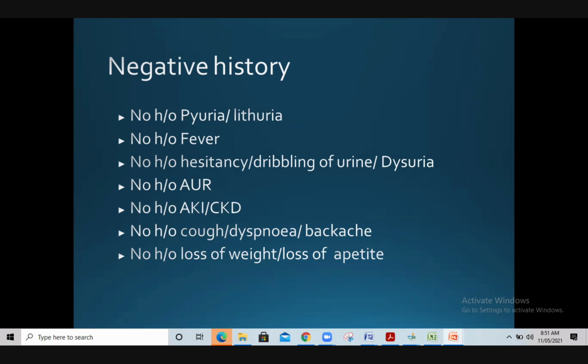You want to get some more details about this operation? Yes, sir. I want details about both the operations. What is the indication for the orchidectomy? Patient has no records available with them. Orchidectomy was done first. So what do you think would be the reason for orchidectomy? 15 years back, he would now be 85. Around the age of 70, he had this orchidectomy. What do you think would be the reason?